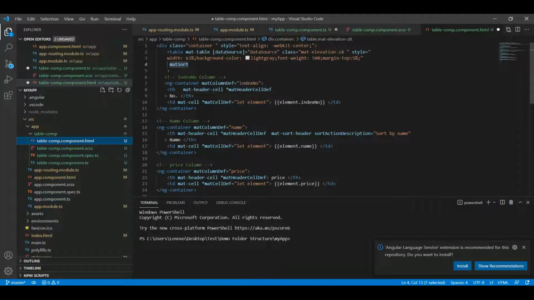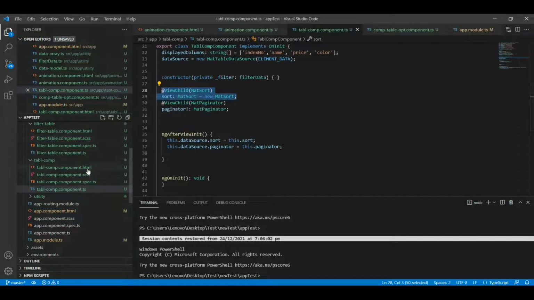We need to add the matSortHeader in the header tag of the required column. That is, if you want to sort the table by name, then we'll add it in the name column, in the mat-header-cell. I will copy that from the HTML.